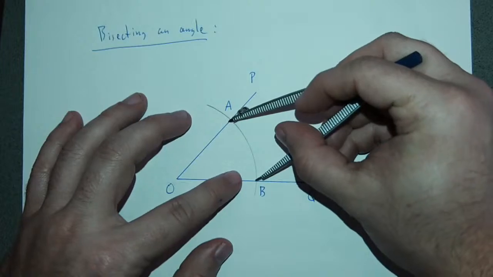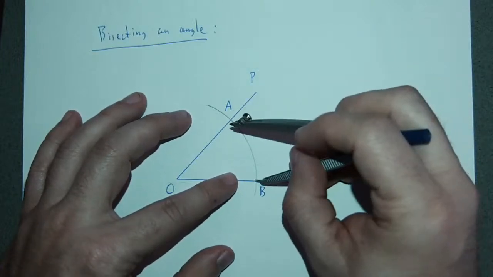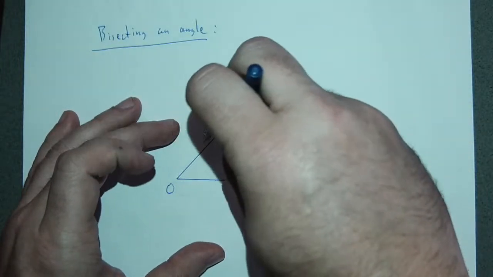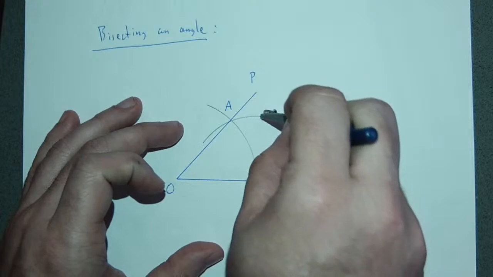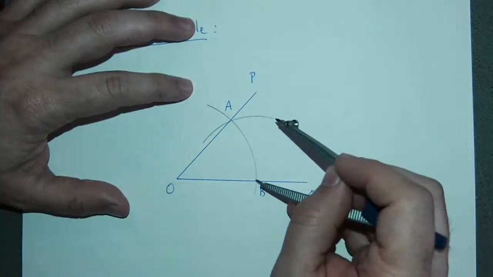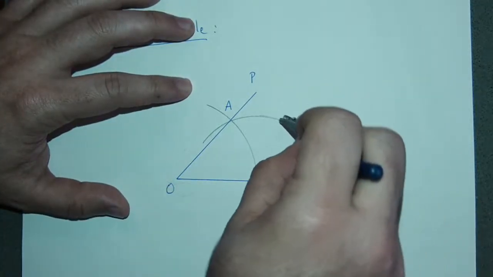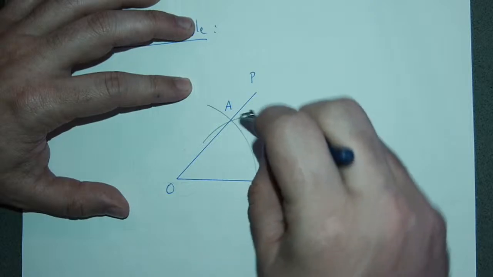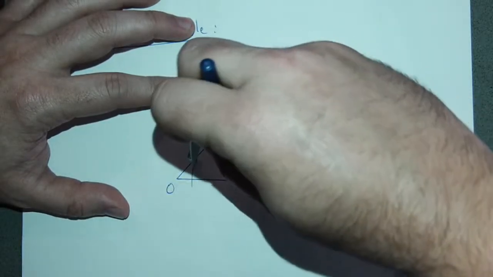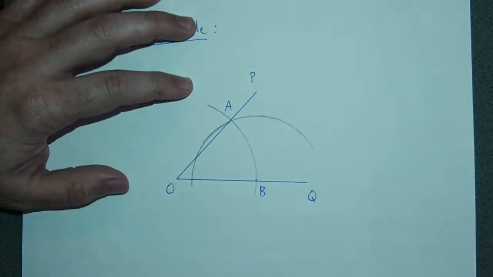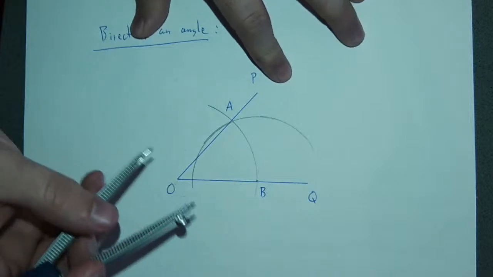Let me make sure I've got my, yep, okay, that's good enough. So this circle gets drawn. I don't need to draw the whole thing. I can just draw half of it. And similarly,